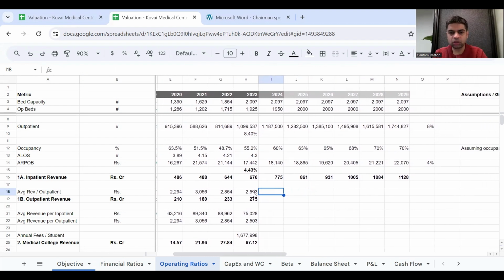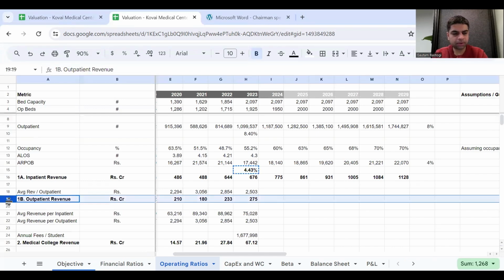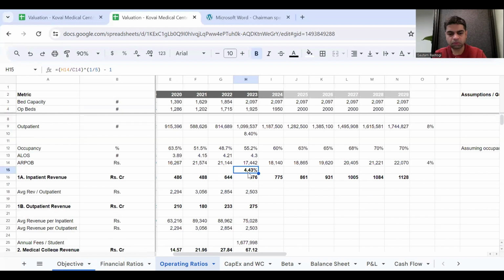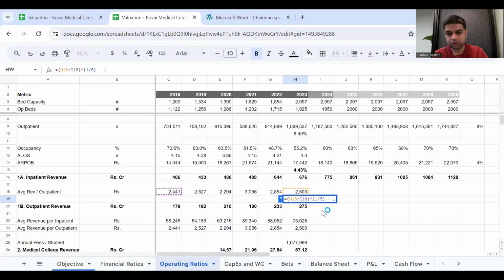Now let's project the average revenue per outpatient. Let's see how it has grown historically. If I copy this, I should get the historical rate, 0.5%. Although I understand why there is a dip in average revenue per outpatient because of the medical college,